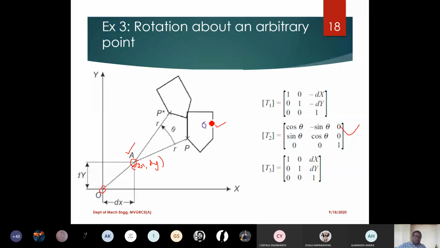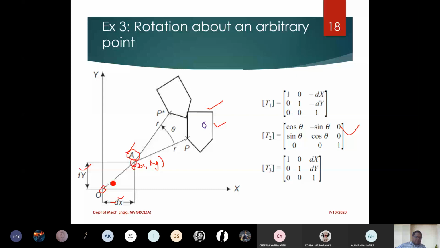So first of all, I have to bring this object along with its arbitrary point, which means this A, and this straight line is only for reference. Don't worry about this straight line. So this point A along with the original object, I am actually translating by a distance of dx and dy. Of course, in negative direction I have to minus, right? In negative direction I have to translate by minus dx along x and minus dy along y direction. Then the point comes to this one.